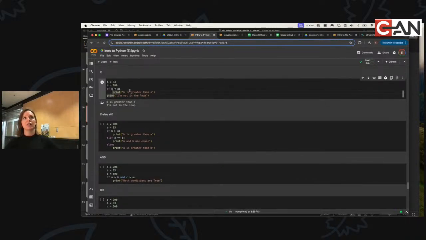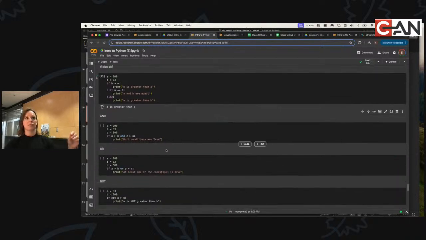So that's if. Well, what if we wanted it to do something if that was true, and something else if they were equal? And if neither of those situations were true, we wanted it to do something totally different, but we didn't want the print that happened all the time, even though that was true or not true. So then that's an if else. So we can say, hey, if B is greater than A, do this. If it's equal to A, do this. Otherwise, print that they're greater than A. So you can do that one.